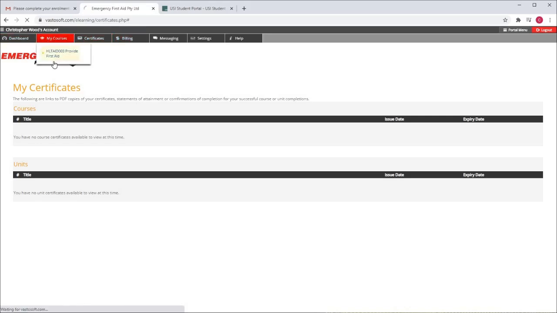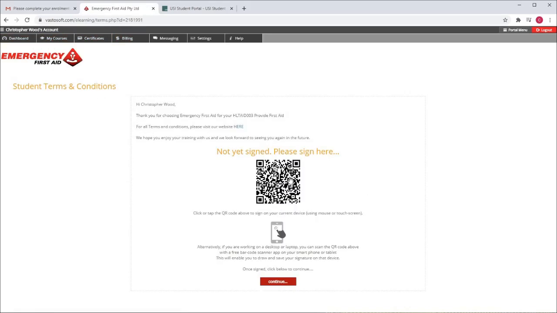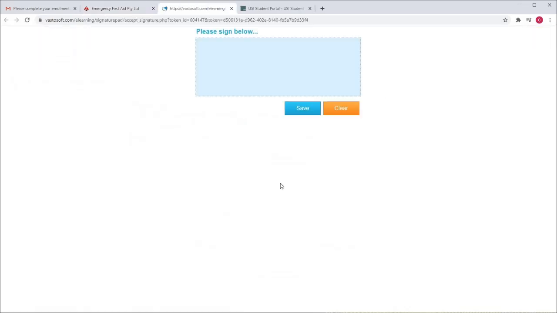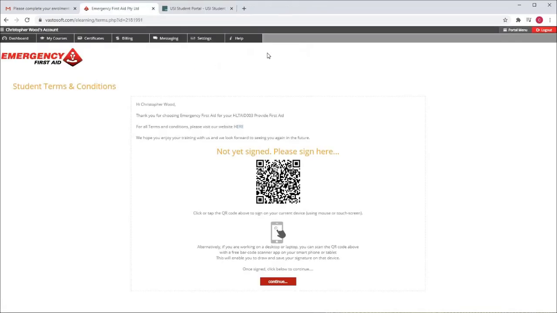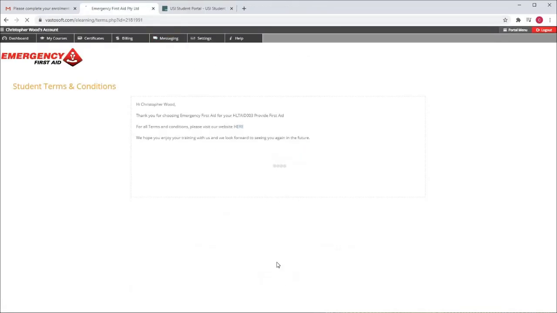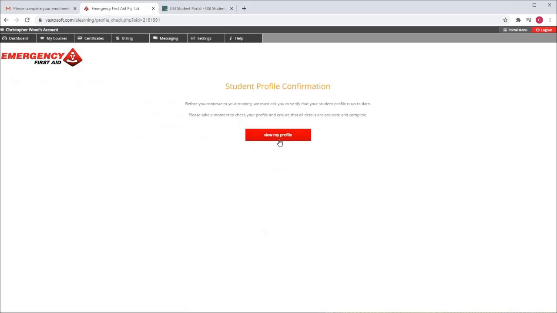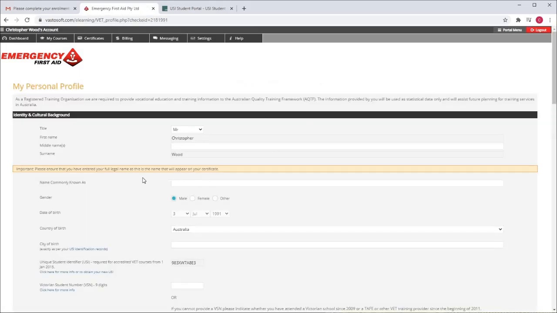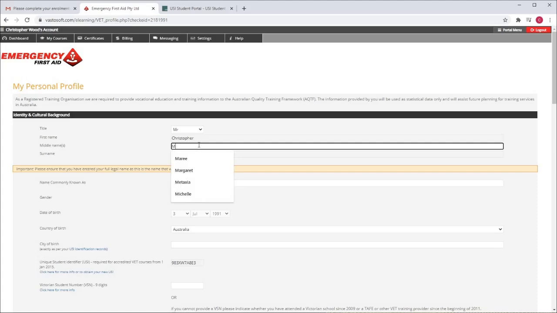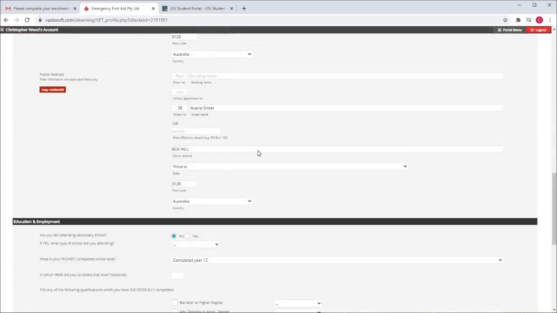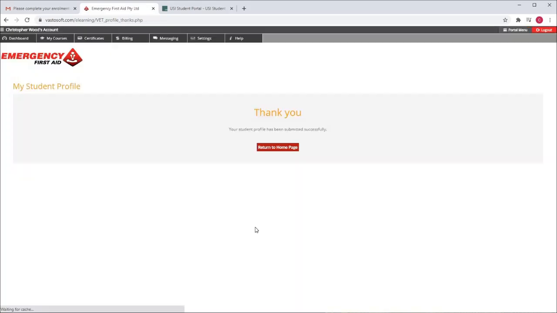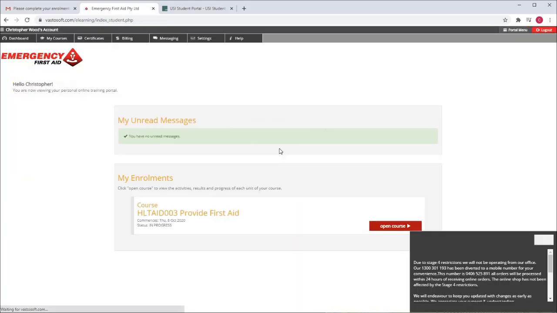So we go back to My Courses, select Provide First Aid. Now we need to sign this student declaration. So you just do a little signature, and that's successfully updated. We can continue and view our profile. Sometimes you might find that you're needing to enter your full legal name, so I have to include my middle name before we can continue. Now I should be able to open the course